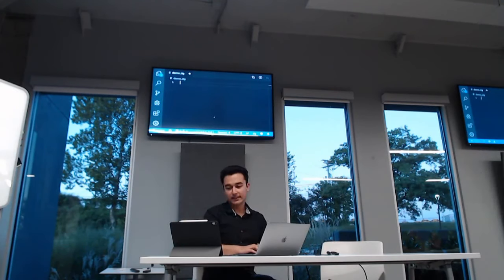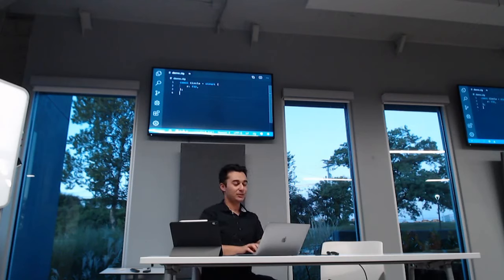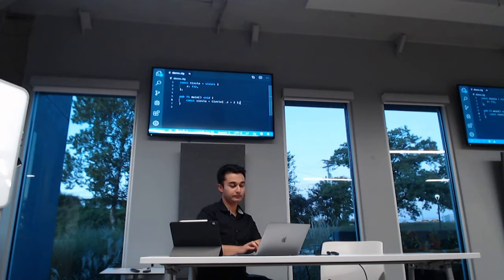So let's say we're building a circle struct. And then a circle has a radius of, say, f32. Semicolon. Cool. And in fn main void, the way you initialize a struct is const circle equals Circle, and then .r equals, let's say, 2. So this is how you create structs.